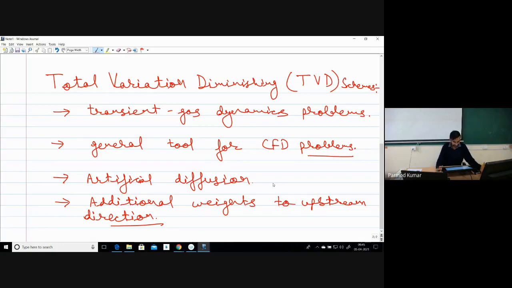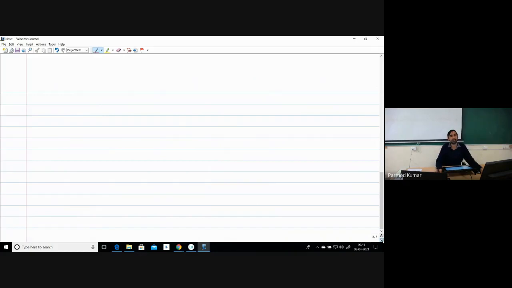Okay, so regarding this, now let us first express the different schemes which we studied till date in some general formulation. That will act as the basis for deriving our total variation diminishing schemes. Let me draw some grid structure over here. Say I have this as my grid point, a node point P, this as my node E, this as some node W, and one node behind it, WW. Similarly in this direction, E.